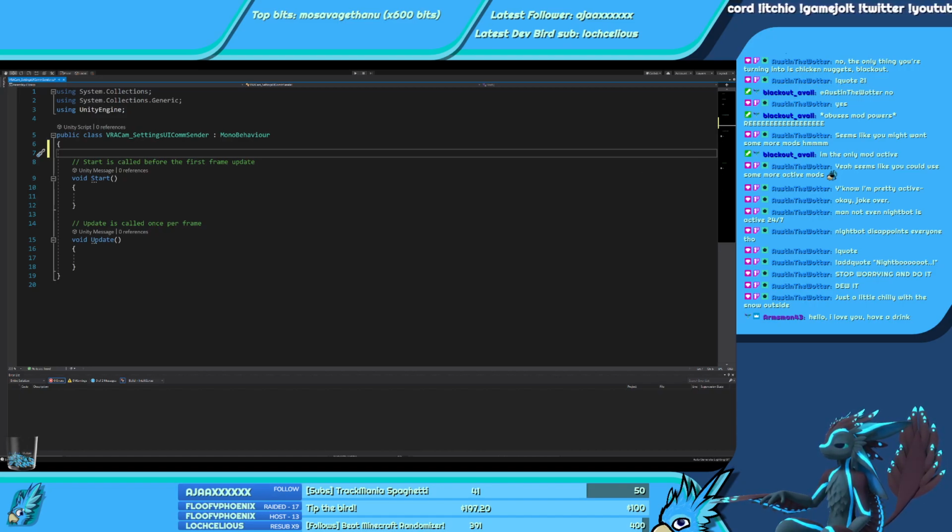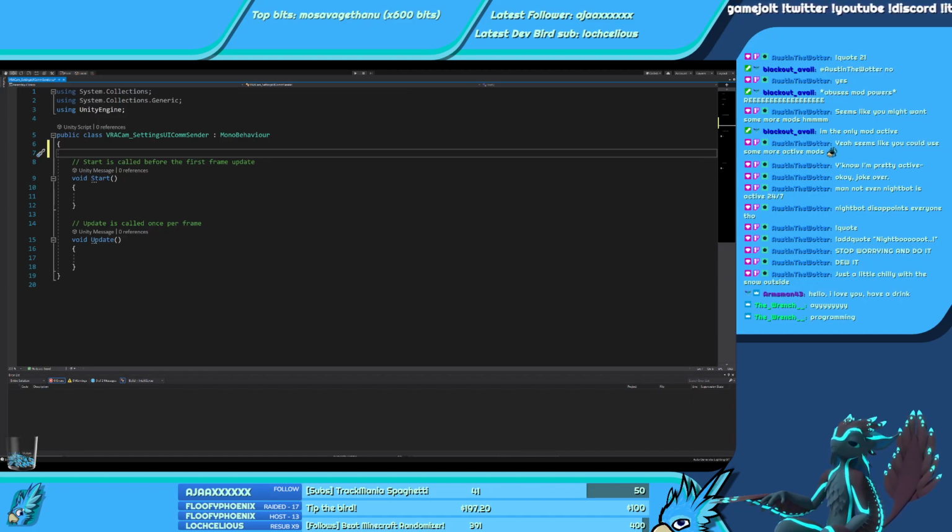Implementation. Running in background is true. Just getting the settings right.